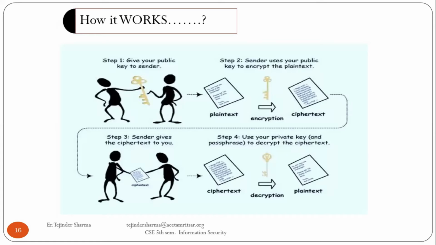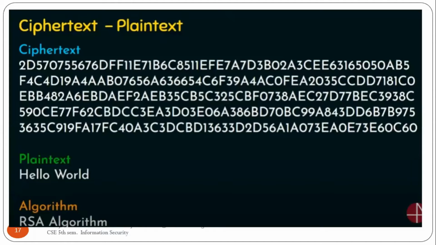Give you a public key to the sender, then the sender uses your public key to encrypt the plain text, then gives you the ciphertext, and the ciphertext will be decrypted using the private key. So see, this is the example which I picked from the internet. This is a ciphertext for the plain text hello world, and this hello world is the